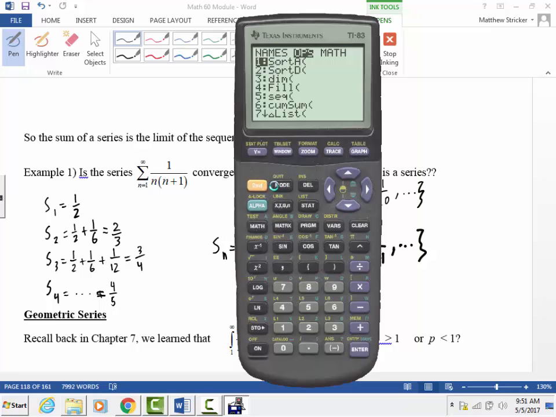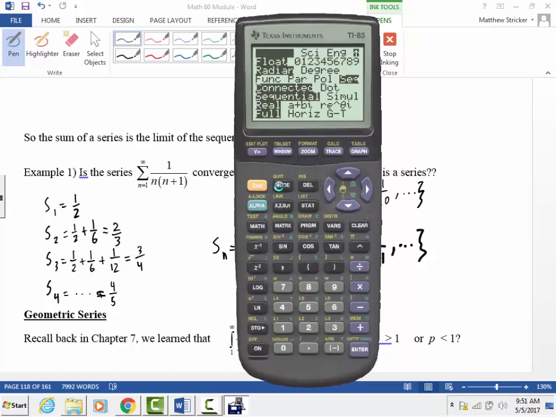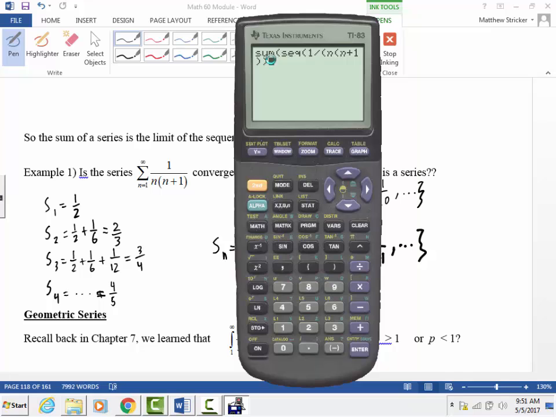Okay, I see it. So the first thing is sum, then sequence, and then you put in your actual sequence. So we're doing this one, 1 over n times n plus 1. Comma, whatever your variable is. In this case it's n. Comma,